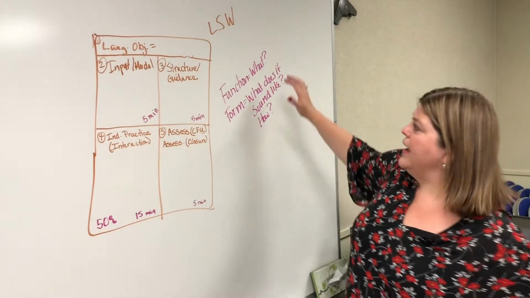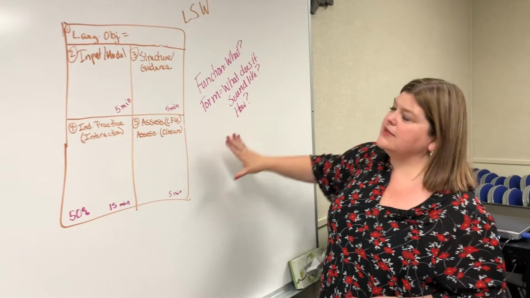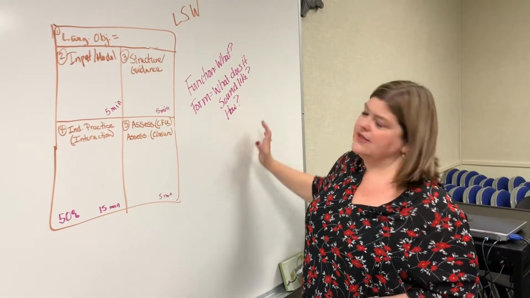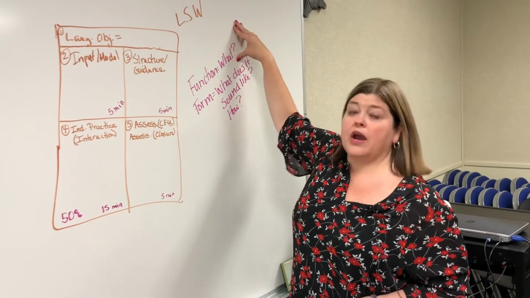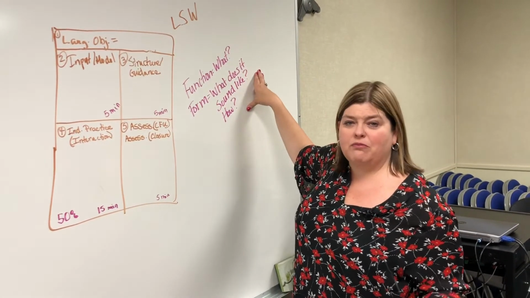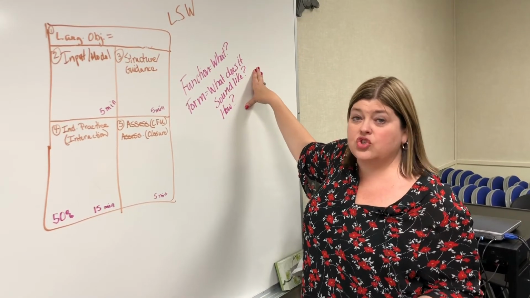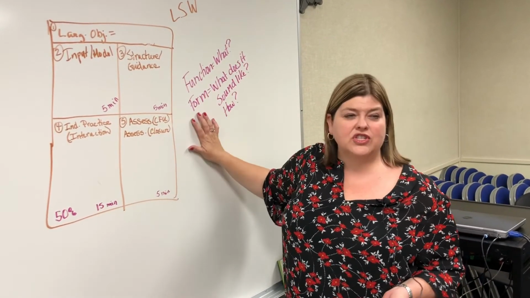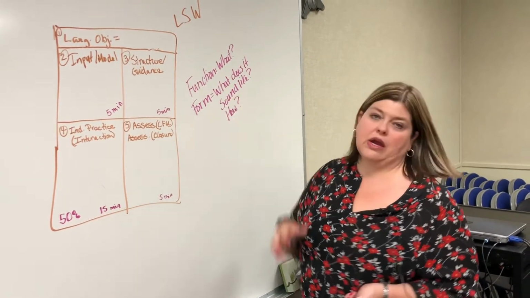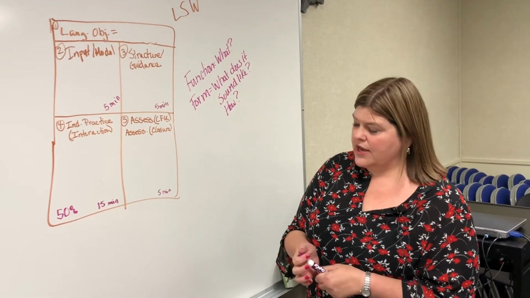So when I explain, what does it sound like when I explain? When I describe, what does it sound like? When I compare, my function is compare. What's the form? It's going to have both "and" as well as "to," because that's the function, that's how I use language to compare. So that function and form,